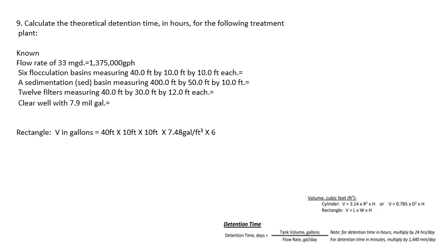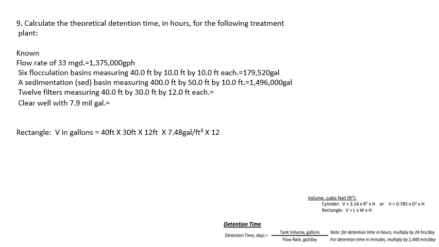6 flocculation basins, so 40 feet by 10 feet by 10 feet by 7.48 gallons per cubic foot. There's 6 flocculation basins. They have a total volume of 179,520 gallons. The sedimentation basin is 400 feet by 50 feet by 10 feet by the 7.48 gallons a cubic foot to convert to gallons. The volume of that is